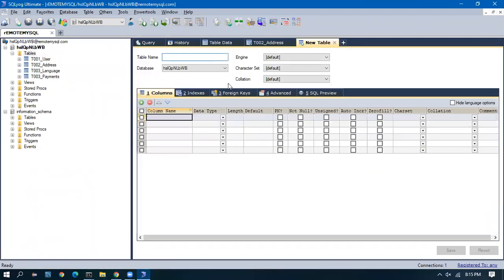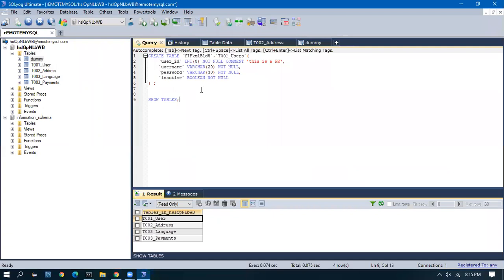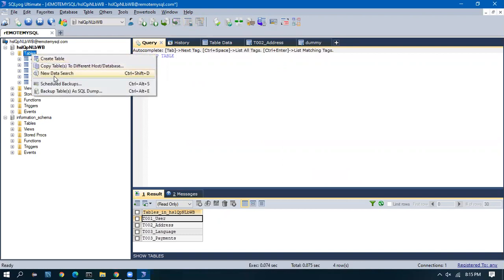I'll create a table as dummy. I'm not going to use this table for any purpose. I will just give name and int, and I'll save it. Now if I want to drop this table, I have to go drop table because I want to drop a table. If I want to drop a stored procedure, that's a different syntax.